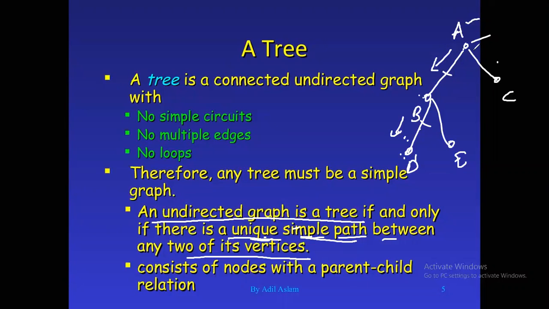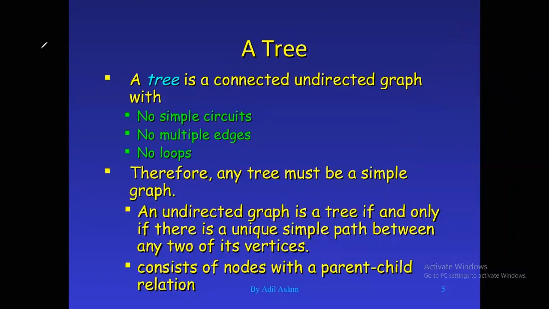Not only A to D, you can take anyone. A to C. A to C path is there. A to E path is there. So all are the simple and unique path. If I want to go from A to E, how many different paths? Only one path is there. A to B, B to E. Only one path. So unique path. Simple means when I go from A to E, I'm traveling A to B, B to E. So each edge traveling once only. Therefore, it is a simple path. Like this, we can discuss the